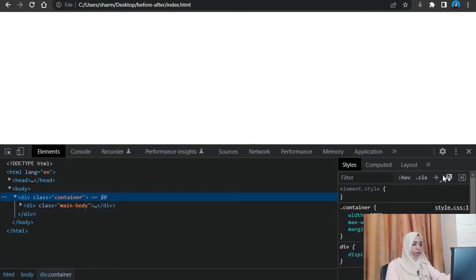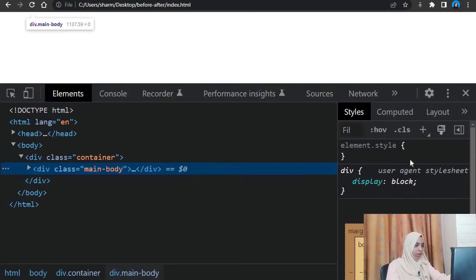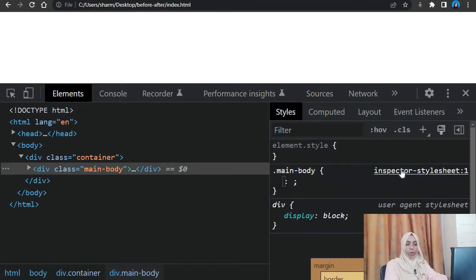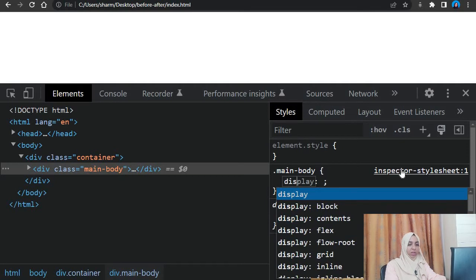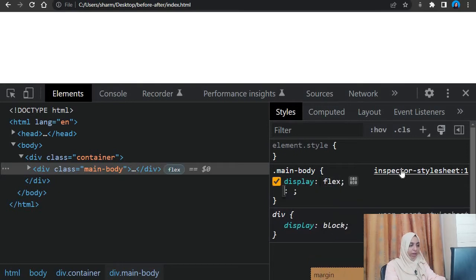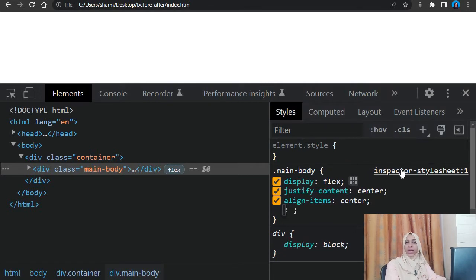We go to the main body element over here, and I hope you guys can see the inspect. Let me just zoom it a little bit. So this is the main body. We add the class over here, and to the main body we will give flex. This is not necessary, but just to bring the things in center, I'm giving it a flex. Justify content center, align items center. This is the best way to get any of your elements on the page in the center, horizontally as well as vertically, and we give it a height of 100vh. So we have this element on the page and all these things come in the middle, right.